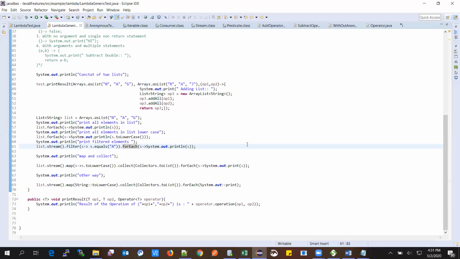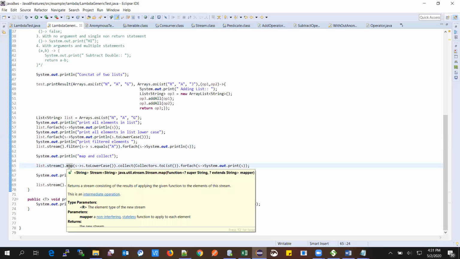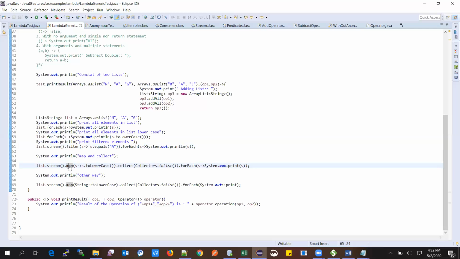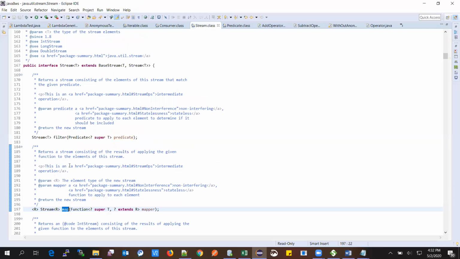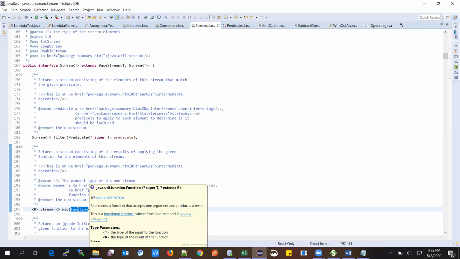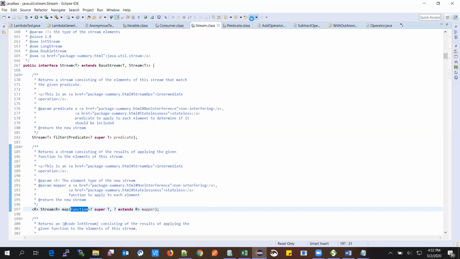Okay, so now there are many utility functions in the streams. Like I said, filter. Now we are going to see map. Map is to return a stream consisting of the results of applying this function interface.